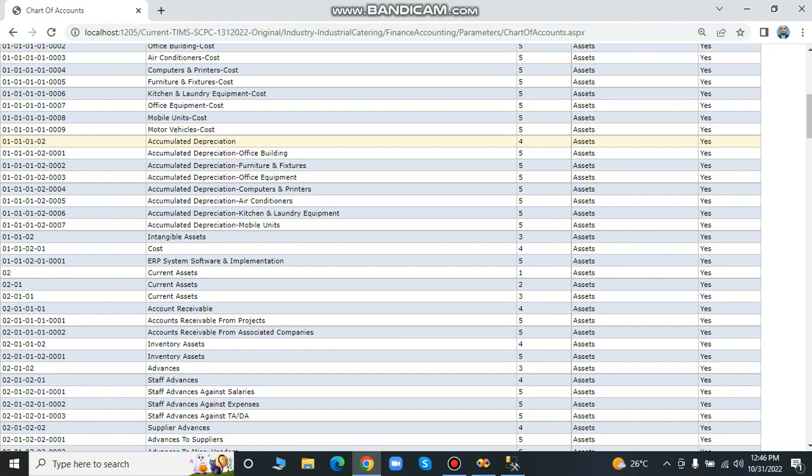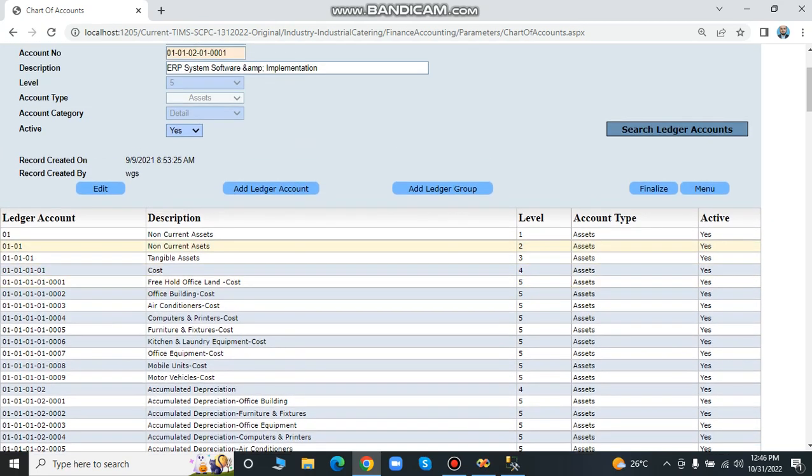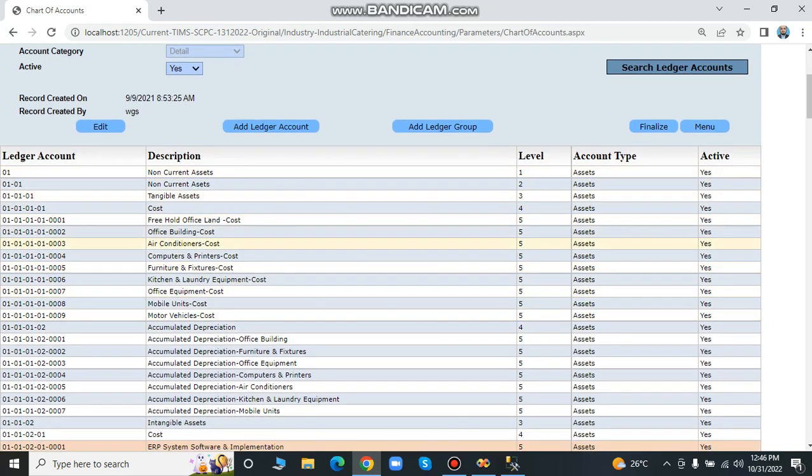Similarly, the second one is the accumulated depreciation, the depreciation area: computers, equipment, furniture, this and that. And then the intangible assets, for example the cost of our ERP system they are implementing, that is the intangible area. And it is being created in a very simple way. You just go and give the name and save there, and it will come here directly under 9 as